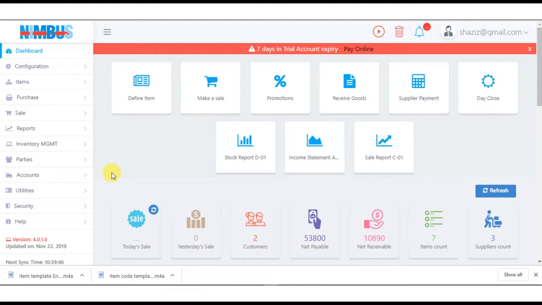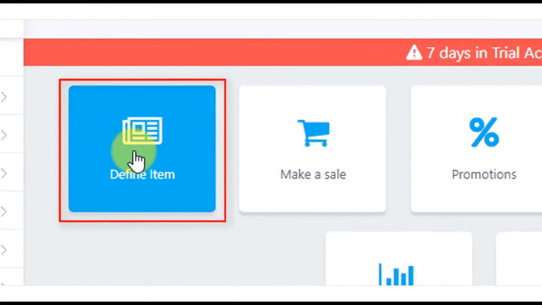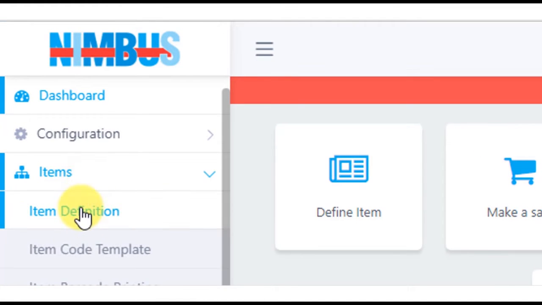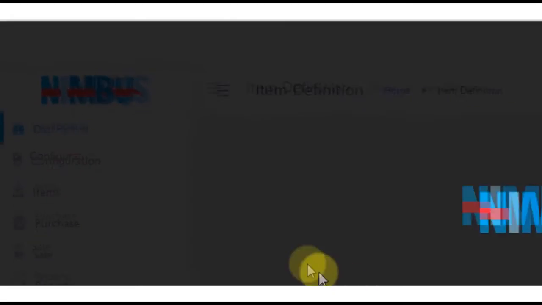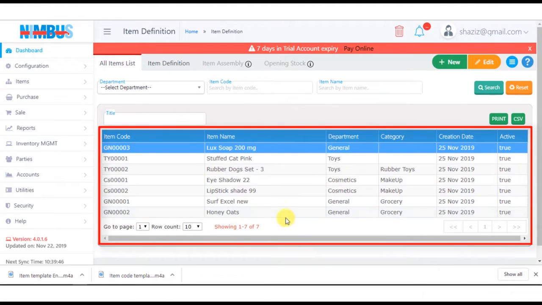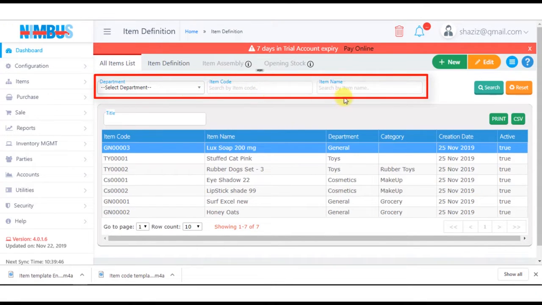In any retail software, the activity starts with the definition of new item. From the dashboard, we can click define item, or from the items menu, we can click the item definition link. This brings up the item definition screen. We see the already defined items and we can search the already defined items through department, item code or item